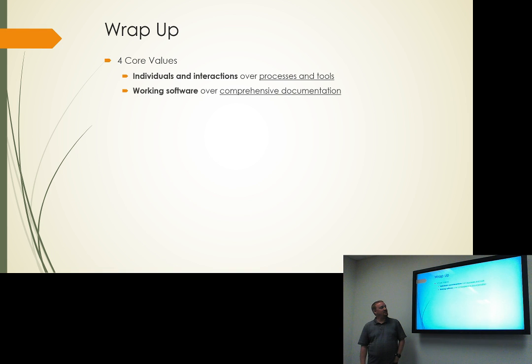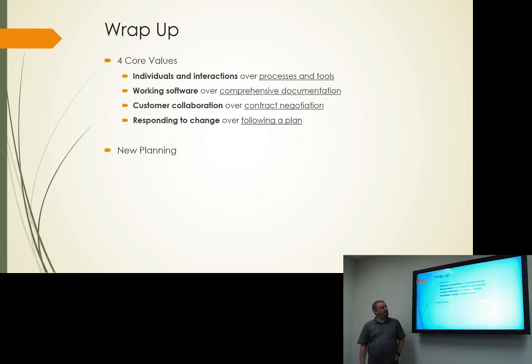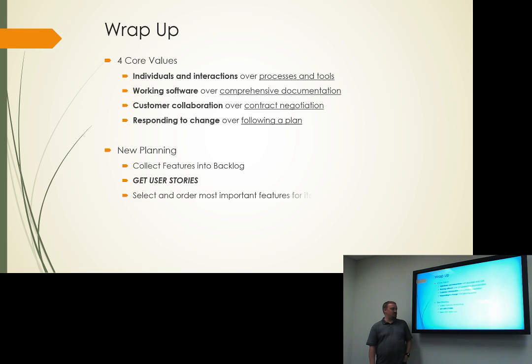So to wrap it up, 4 core values: individuals and interactions over processes and tools, working software over comprehensive documentation, customer collaboration over contract negotiation, responding to change over following a plan. And the new plan involves collecting features and putting them into the backlog, getting user stories, selecting and ordering the most important features for the iteration, defining what is done, gotta know what that is,